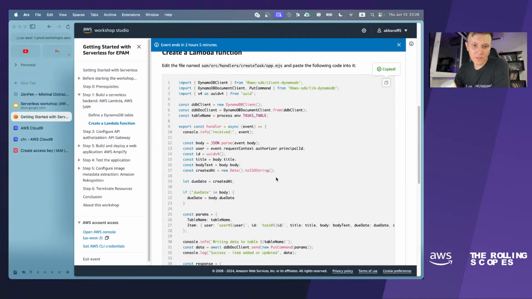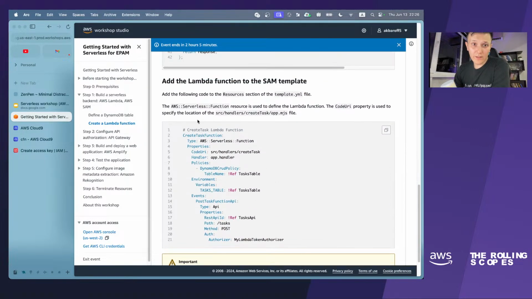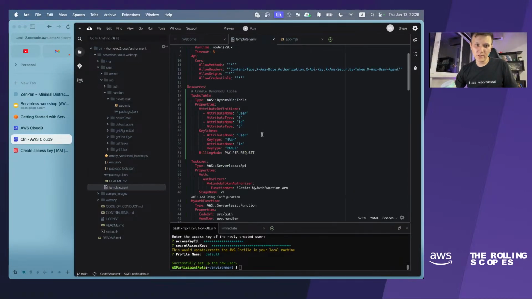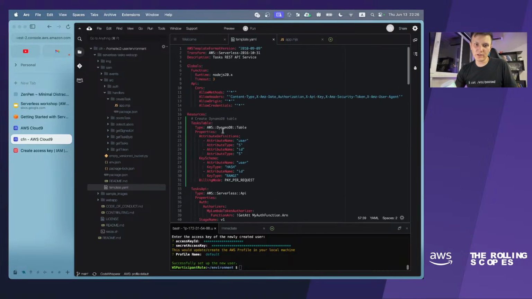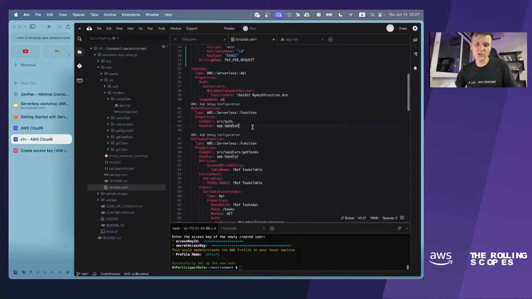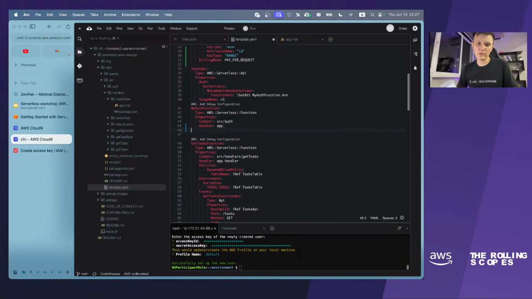What else? Yeah, and we have to go to YAML template and then add this create task function to the template, to our resources, to be sure that this resource will be created. We can do it right here in the resources block. I will navigate to functions just to keep all the functions in one place.